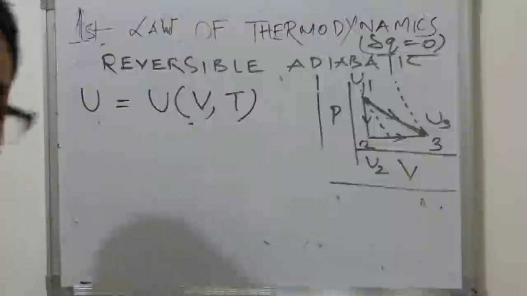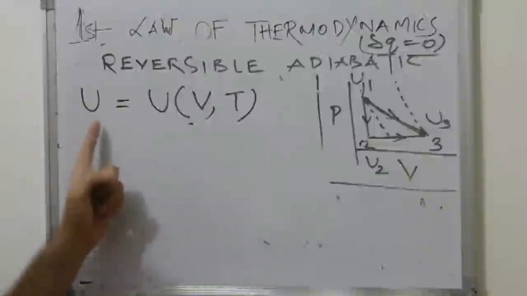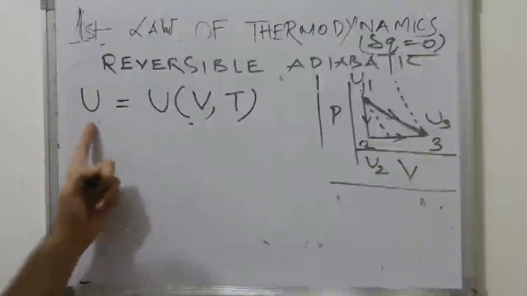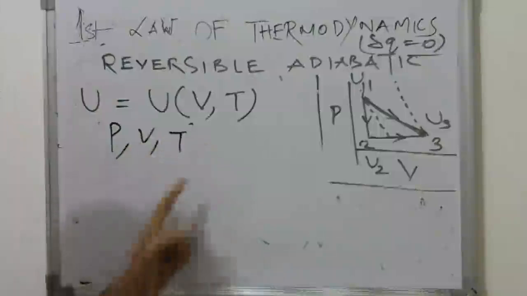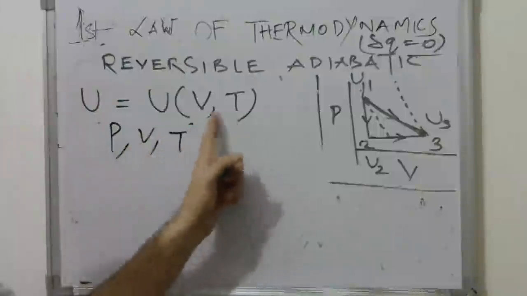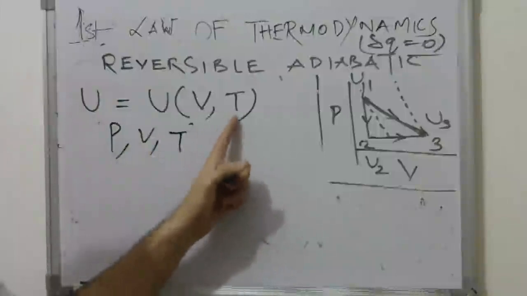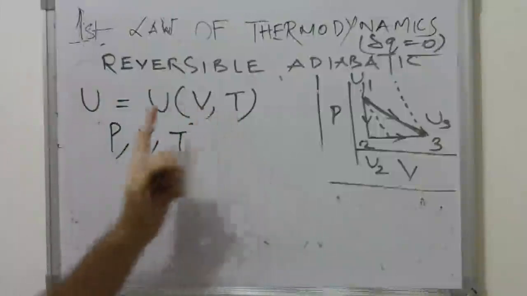Okay, fine. So I have to accommodate for the change in the internal energy. So you have three variables P, V and T. Why did I choose V and T? I have chosen V and T for a particular purpose. The reason for choosing V and T is that